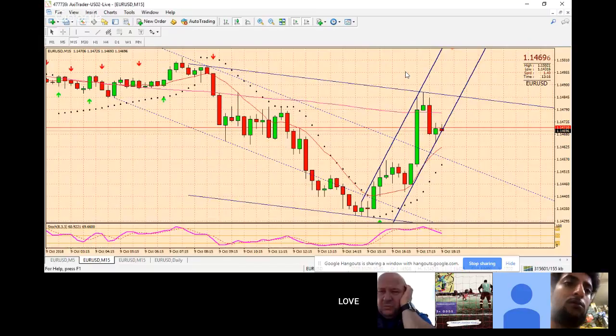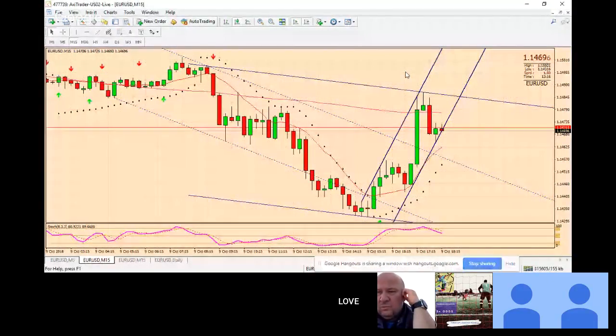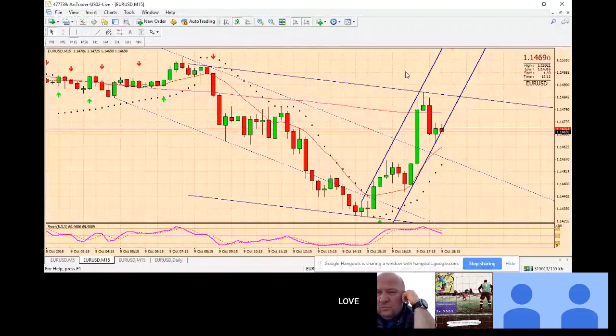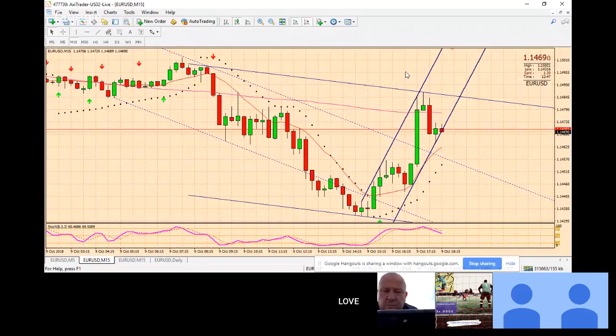This is the one thing that we need to know when we take a trade, because no one knows if you're going to win or lose. All I want to know is how much exactly I am going to lose on the trade. So I said to myself, okay, 3%, say 30 quid, I'm going to lose on the trade. I'm happy to do that. Some trades I decide to trade with 5%, whatever the money is at the time in the account, I'm happy with that. So I know exactly how much I'm going to lose on the trade, but I don't know how much I'm going to make. It all depends how the trade goes.